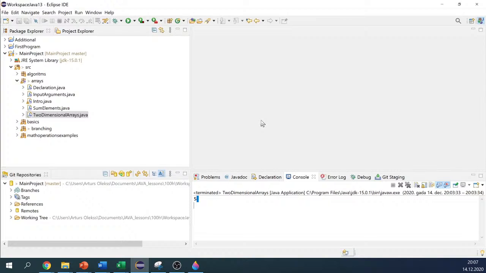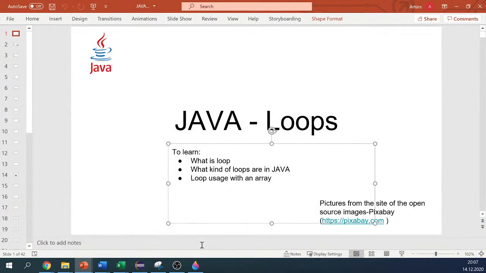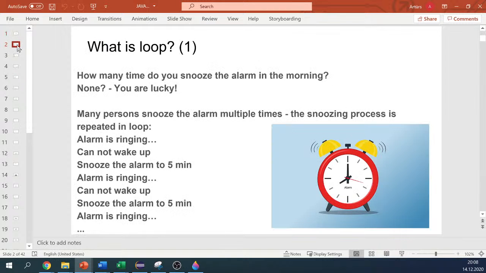We use the cycles, we use the loops. It means that the same action is repeated some times, and this is basically what Java loops are. So imagine, basically again, what is the loop? The same things are repeated